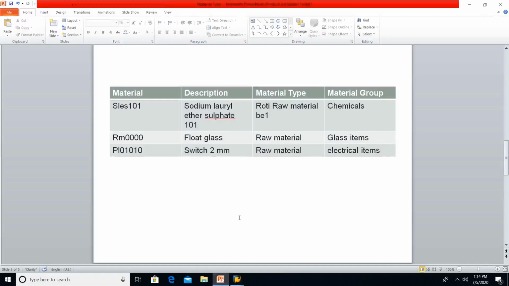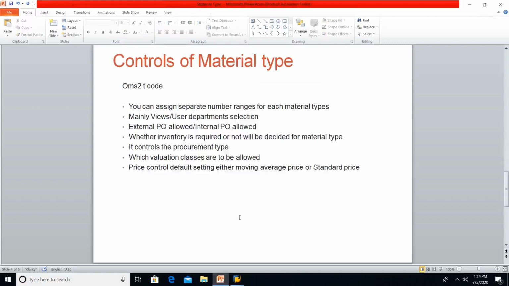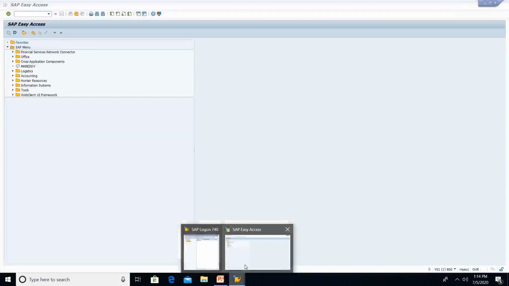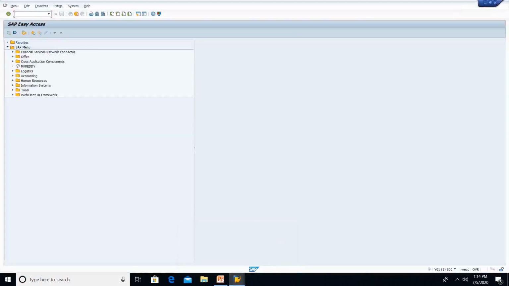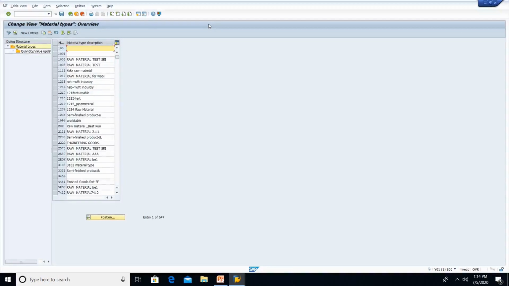Now we are going to discuss material type controls. For that we have to get into transaction code OMS2. Just be with me, my system is a bit slow.